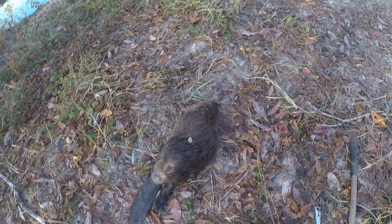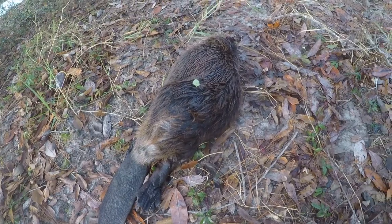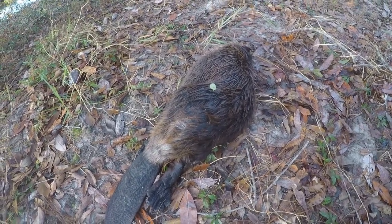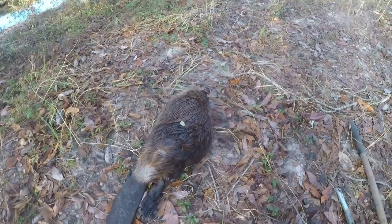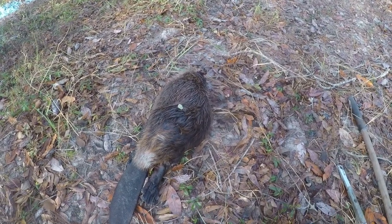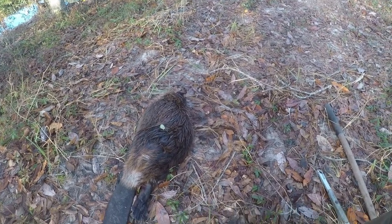Okay, so here's our beaver. He's just a 1-year-old. You can see how small he is. He's probably maybe about 15 pounds, if that. Just born this spring, but it does count. So between deer, beavers chewing their feet off,